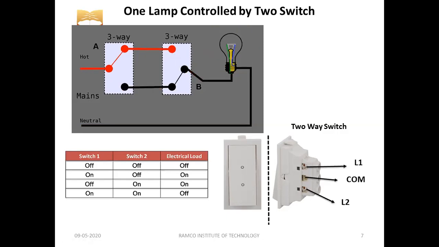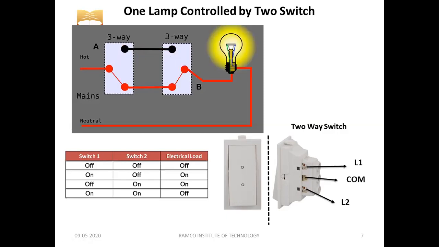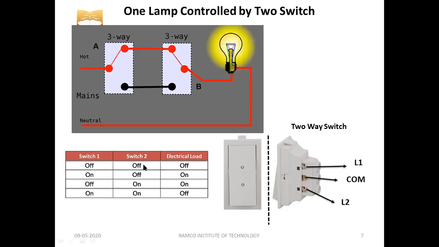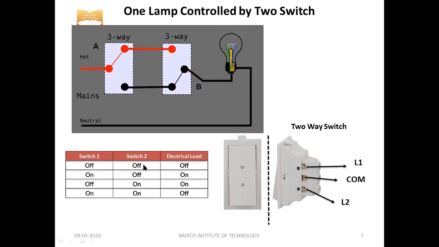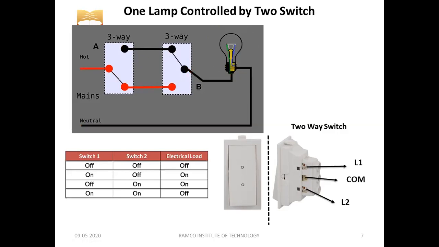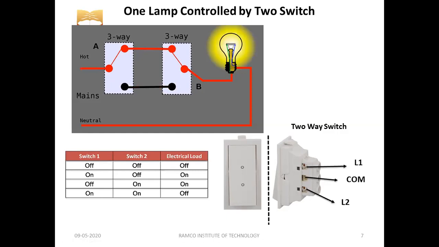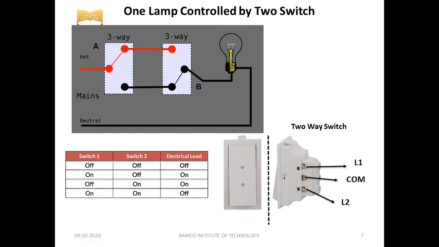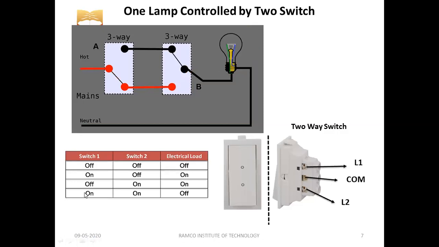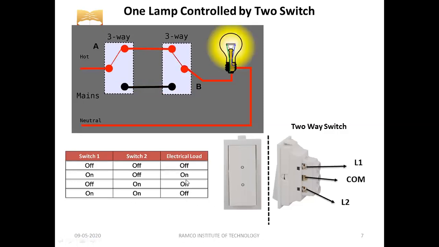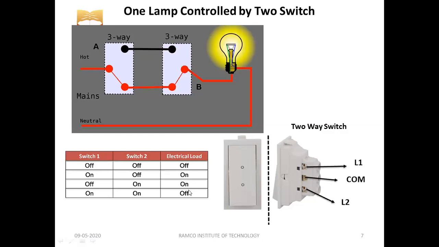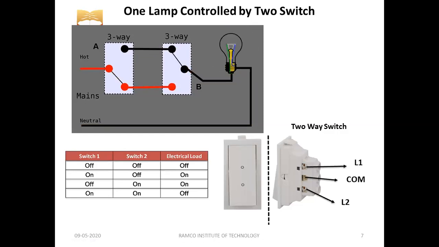See here the simulation. See the experimental results. When both the switches are in off state, your electric lamp doesn't glow. If any one switch comes to on state, then your load starts glowing. Similarly, if both the switches are in on state, your lamp doesn't glow. You can experiment with it. Definitely in your home, we might have this circuit.